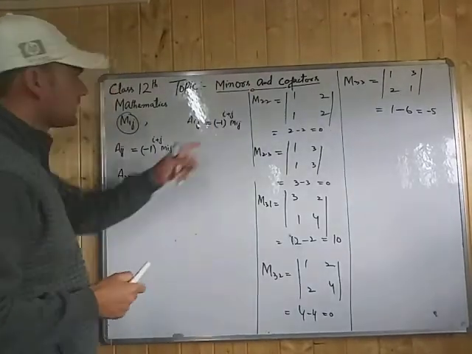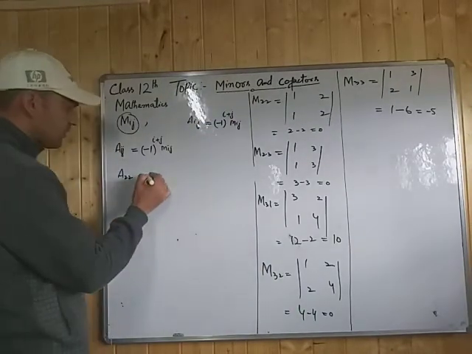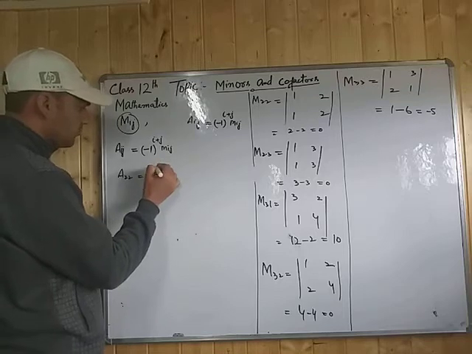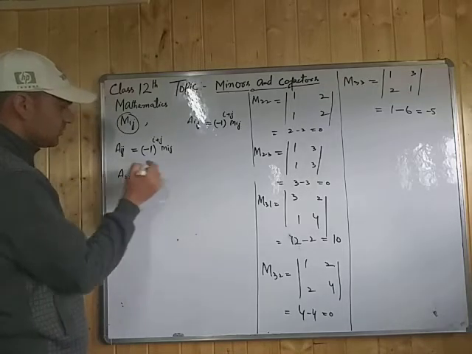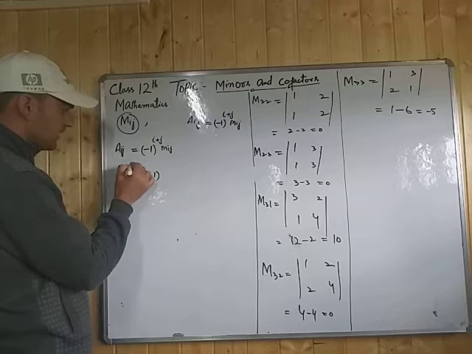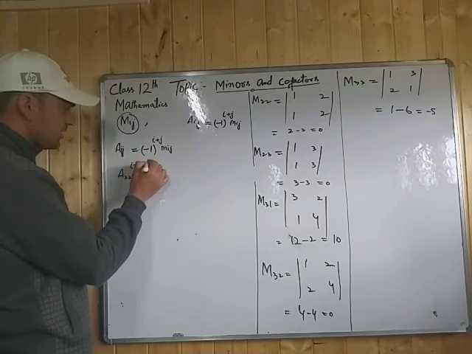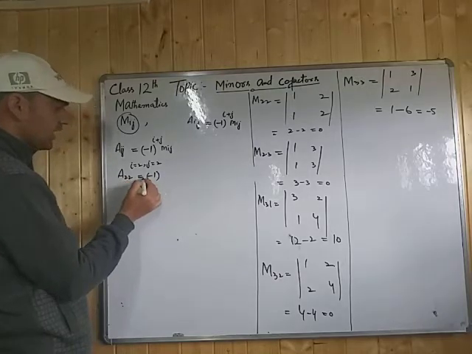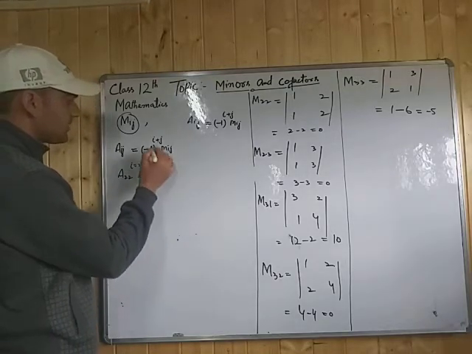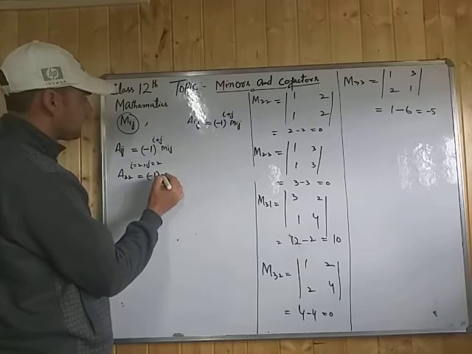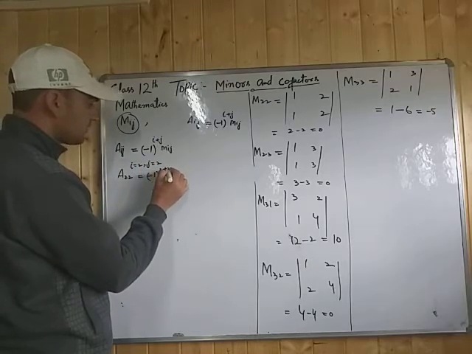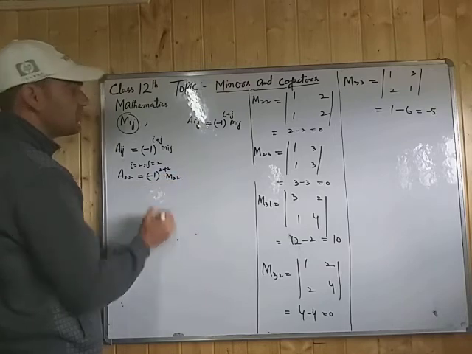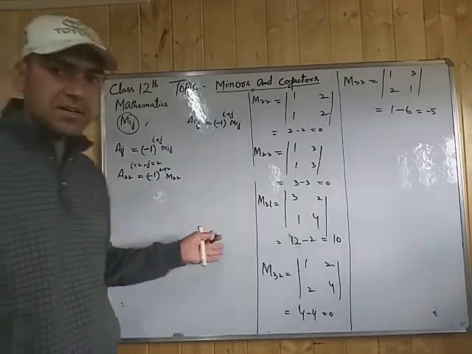So the cofactor at this position A22, that will be equal to minus 1 raised to power 2 plus 2. So i is 2 here. So आप यहाँ पर लिखेंगे i is 2 and j is also equal to 2. So we'll write here A22 that's equal to minus 1 raised to power i plus j, so here it is 2 plus 2 into Mij. तो आप यहाँ पर लिखेंगे M22 क्योंकि वो हमने ऑलरेडी रब किया है यहाँ पर.